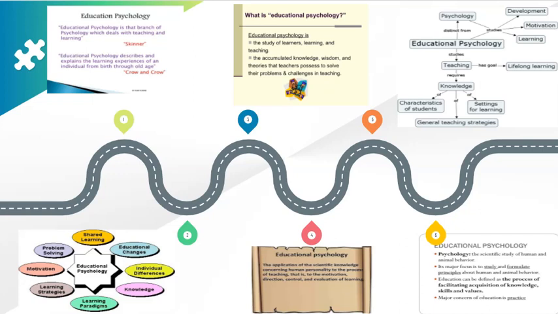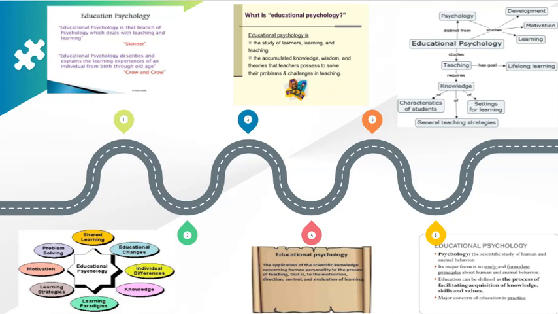Skinner says that educational psychology is the branch of psychology. So it is a branch of psychology. So psychology is, let's call it the big umbrella field, and then within psychology you have different parts of it, and so educational psychology, counseling, clinical, whatever the case is. So educational psychology, Skinner says, is the branch of psychology which deals with teaching and learning, and that is true. It talks about the process of teaching and learning and lots of things that come along with it,